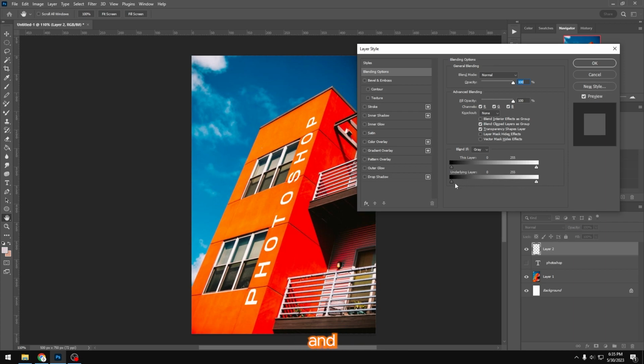and also this one. So just press Alt to cut it up and adjust it, and this one also, the way that you want it to be seen. Once you're happy with it, just press OK